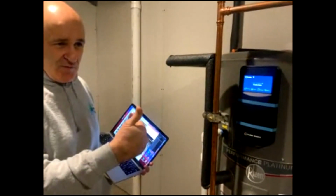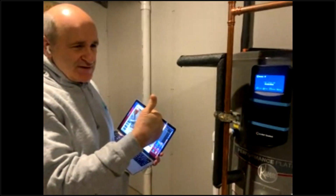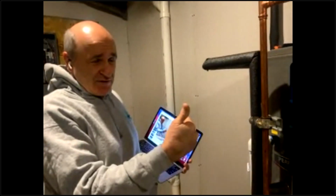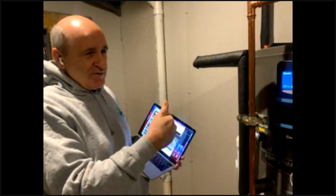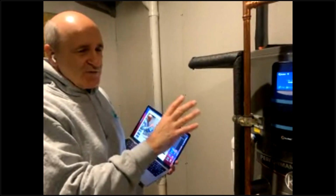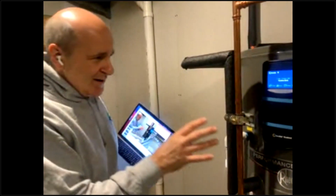You can set it to high demand mode, where it will use both the electrical resistance, which is not as frugal electrically efficiency-wise, and the heat pump, or you can set up electrical resistance only, say if your heat pump goes down. Although this is the 4th generation of this type of product from this manufacturer, I have a lot of confidence, did a lot of research. A lot of people are going this direction. And when you run it in heat pump only mode,